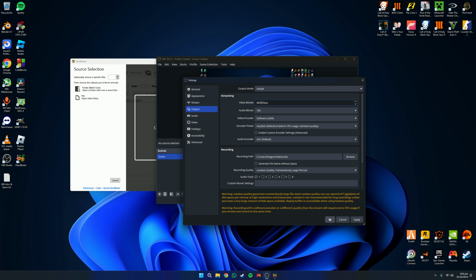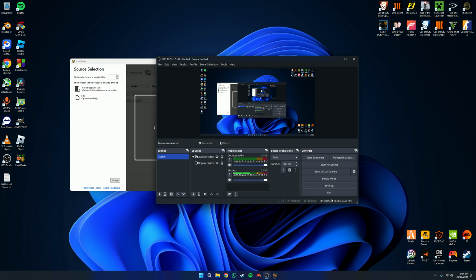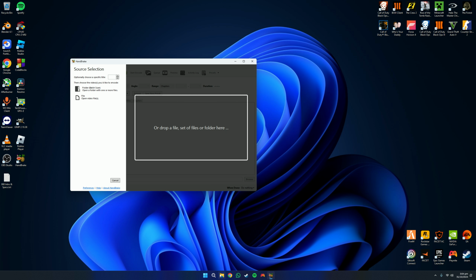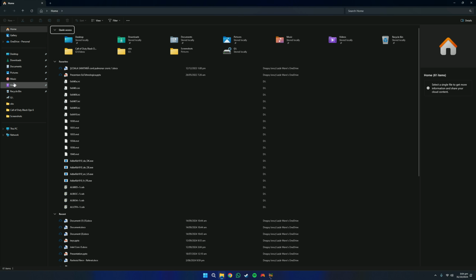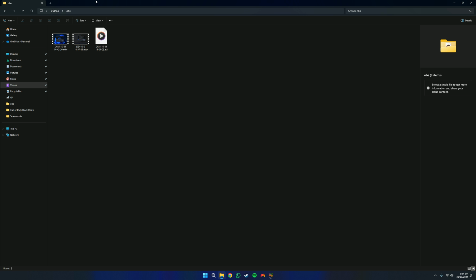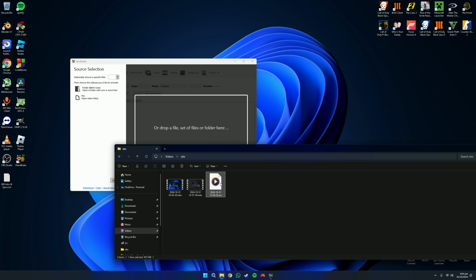Yeah, so let's just record a lossless quality video real quick. So as you can see, this is the lossless quality video. You can clearly see that nothing too important, and yeah, let's just stop. Now into File Explorer, and we'll have this in Video OBS, and we'll have an AVI file which we'll just